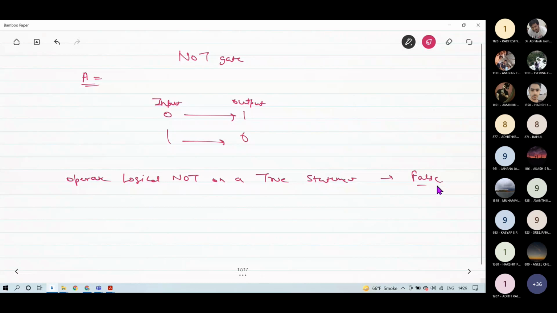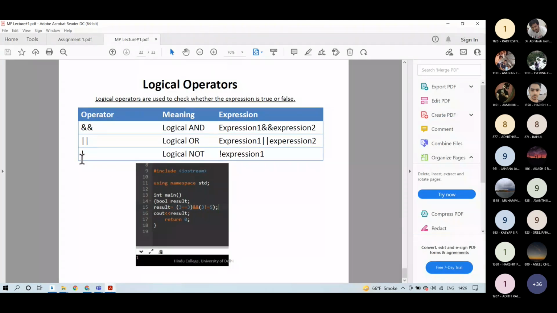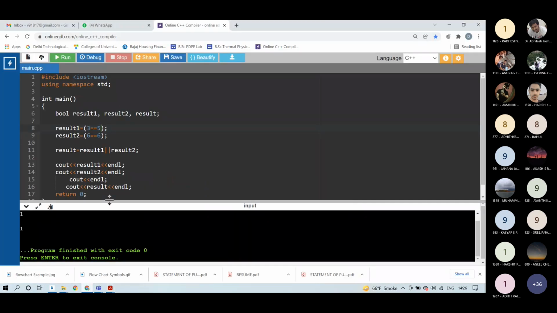Similarly, if you operate logical NOT on a false statement, then the result should be true, right? And the format for this logical NOT is the exclamation mark. Okay.